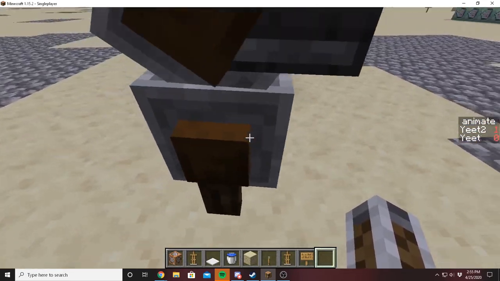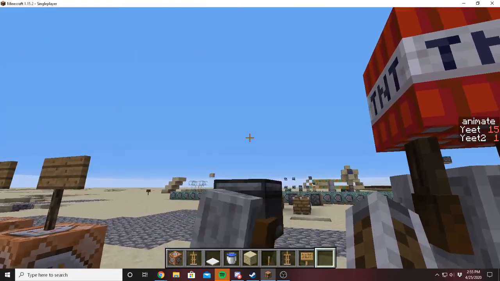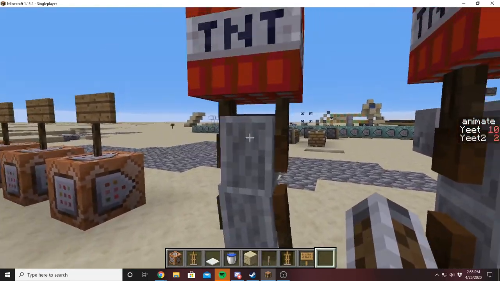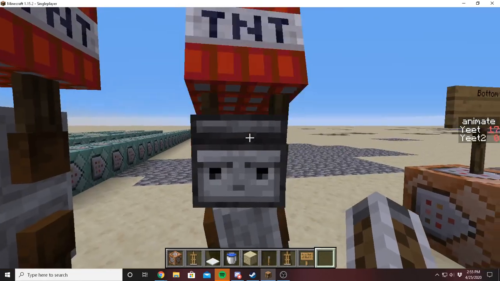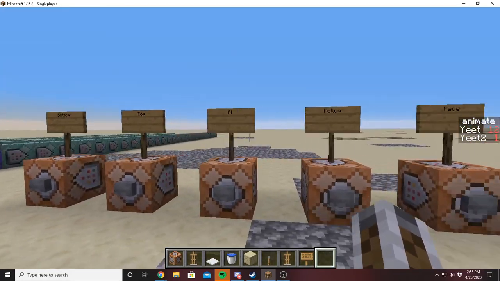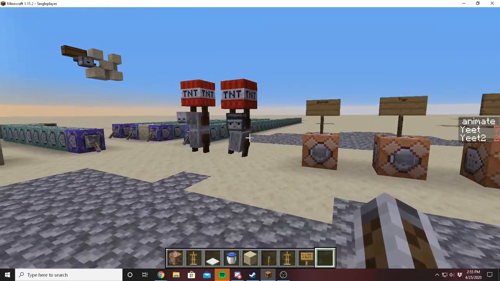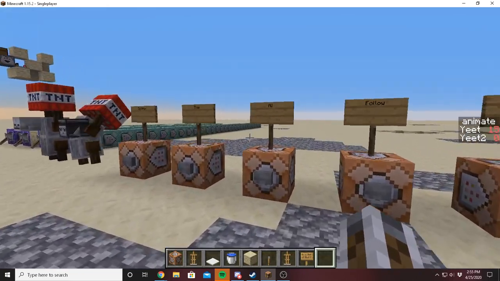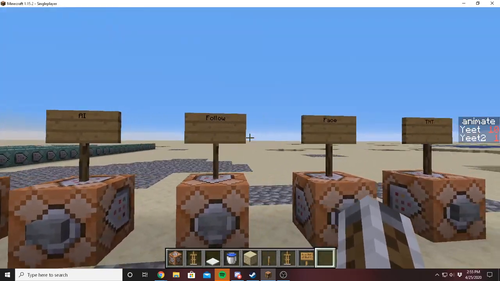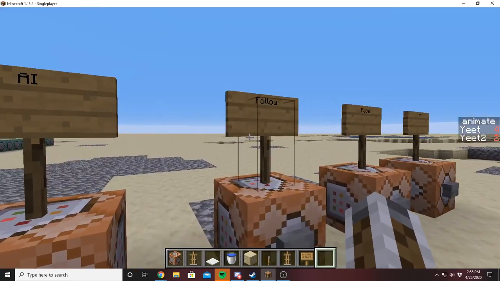It's a little bit jittery with it going at the speed that it is. I have the TNT match the same rotation as the top yeeter or stonecutter there. So yeah. Next, in order to have it follow you, I have two entities to do this. I have the AI and then I have the follow. The AI is simply a baby zombie, and the follow is simply a